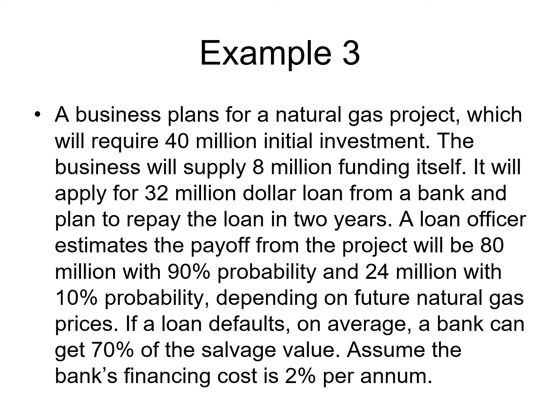Example 3. A business plans for a natural gas project, which will require 40 million initial investment. The business will supply 8 million funding itself. It will apply for 32 million loan from a bank and plan to repay the loan in 2 years. A loan officer estimates the payoff from the project will be 80 million with 90% probability and 24 million with 10% probability,